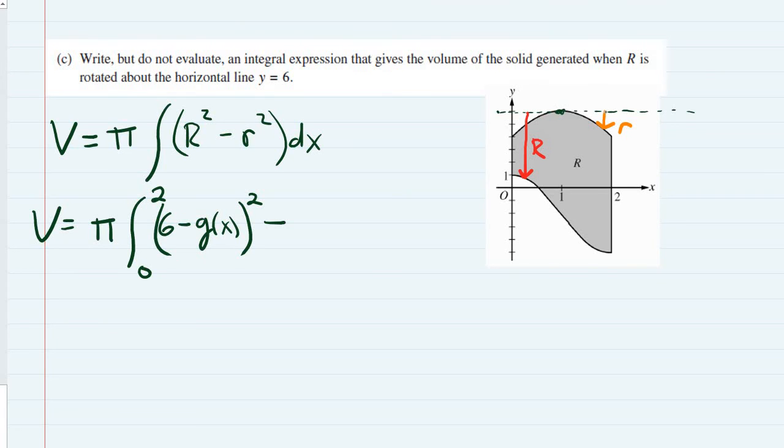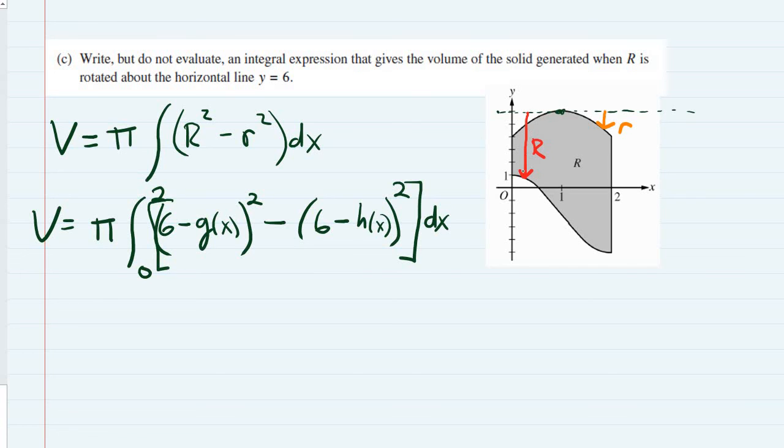Well, that's also going to be 6, right? So we're going to take 6 minus, and that would be the distance that we would stretch to this boundary here, which was h of x. And then we have to square that. And then this whole thing is multiplied by dx,